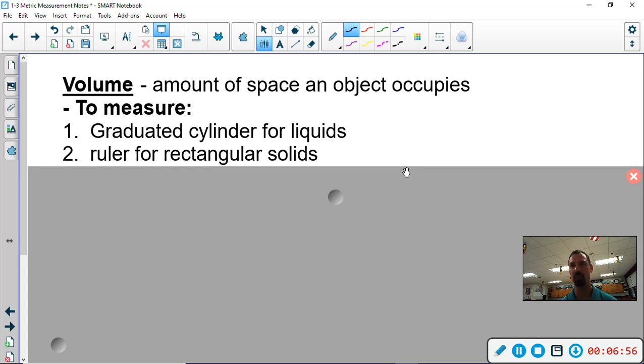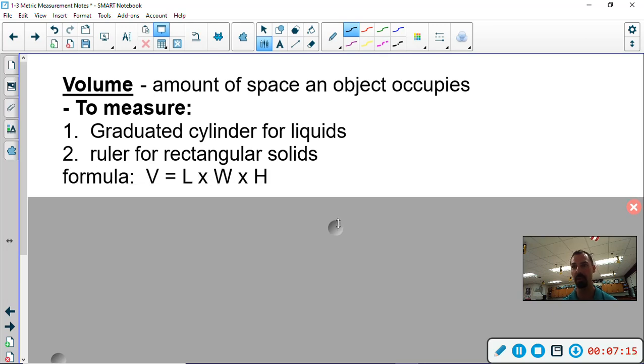To measure it, we're going to use graduated cylinders for liquids. And remember, you've got to read the bottom of the meniscus curve on that, because the water clings to the side of that. So I'll show examples of that eventually. A ruler could be used for rectangular solids, and then in math class you might have learned a formula. Volume equals length times width times height. So you're just going to multiply that